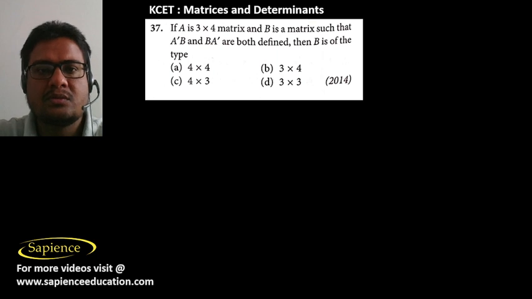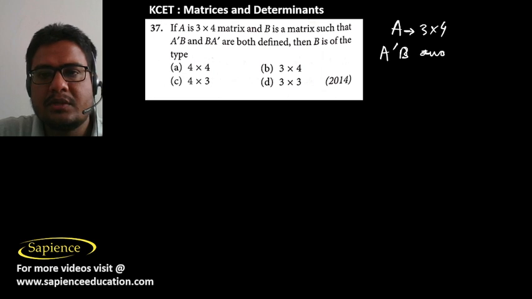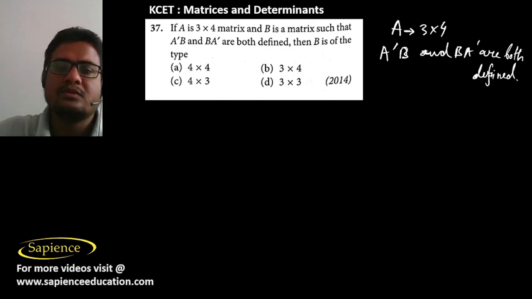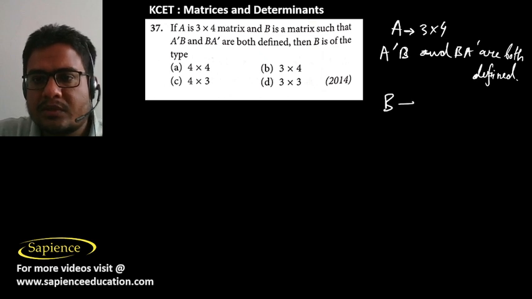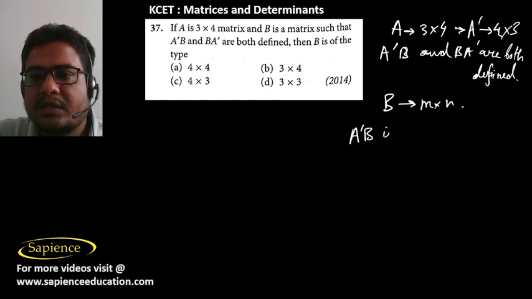Here it is told, if the matrix A is a 3 cross 4 matrix, and B is a matrix such that A transpose B and BA transpose are both defined. So let's say B is of the order M cross N. A transpose will be of the order 4 cross 3. So A transpose B is defined